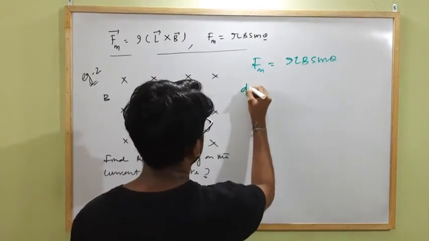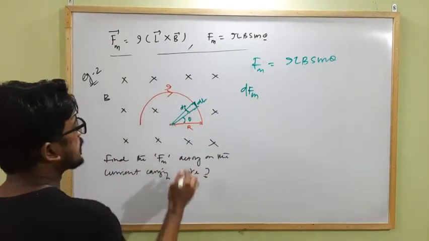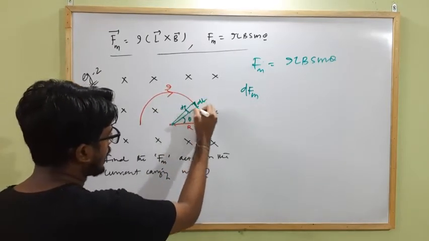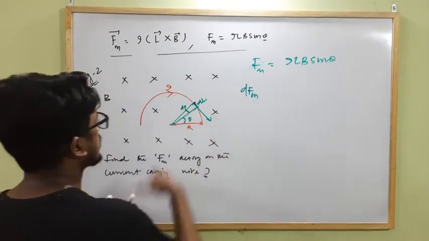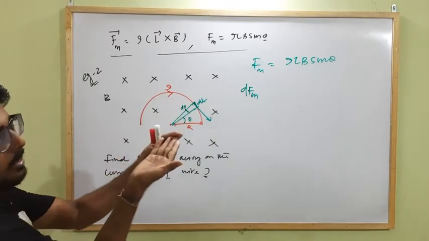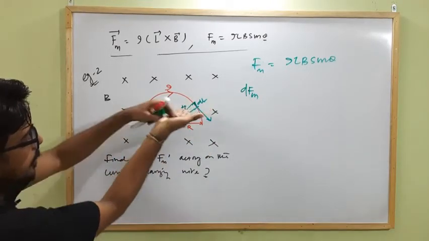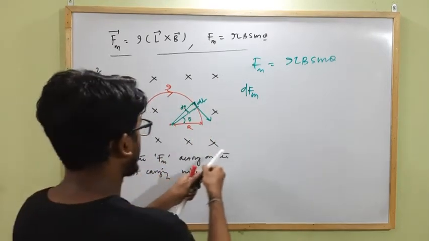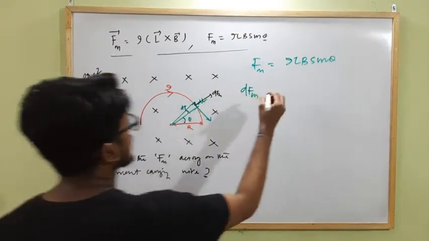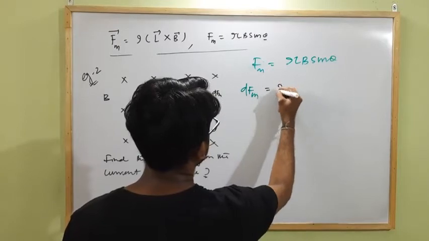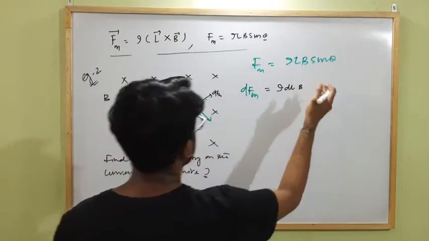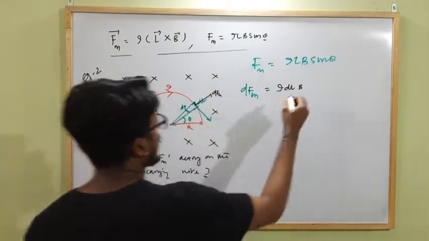So dF, the magnetic force for this small segment: current is flowing along this direction, so at this portion for dl, the direction of length will be tangent along this direction. Magnetic field strength is into the plane, so for the force, placing the thumb along the direction of dl and the fingers of the right hand along the direction of B, the palm shows the force, so here the force will act along this direction, dFm. So what is dFm? It will be I, in place of L we write dl, B. Again what is sin theta? The angle between dl and magnetic field is 90.